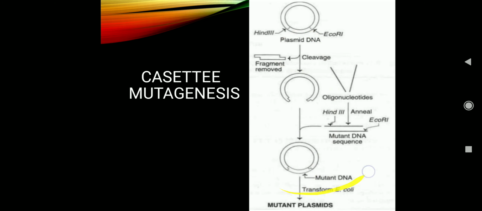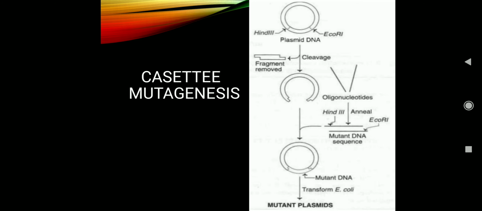So now what we have created? We have created a mutated DNA. Now this mutated DNA is transformed into E. coli cells. So when the mutated DNA is transformed into E. coli cells, the E. coli takes up the transformed DNA and it starts growing. So after the transformed E. coli cells are grown, it is being screened by sequencing. So by sequencing, we are going to screen whether the E. coli cells are actually mutated or not.